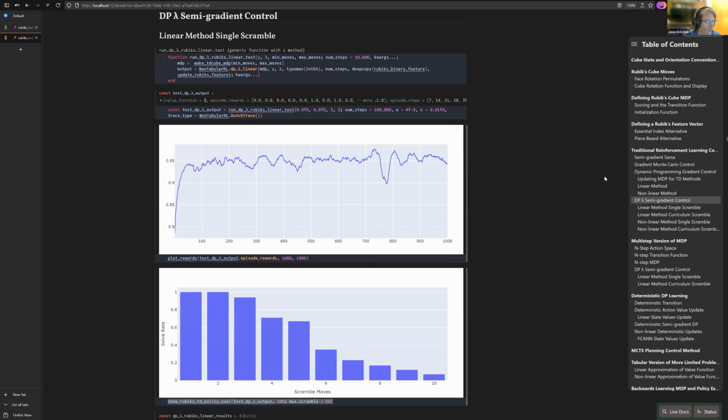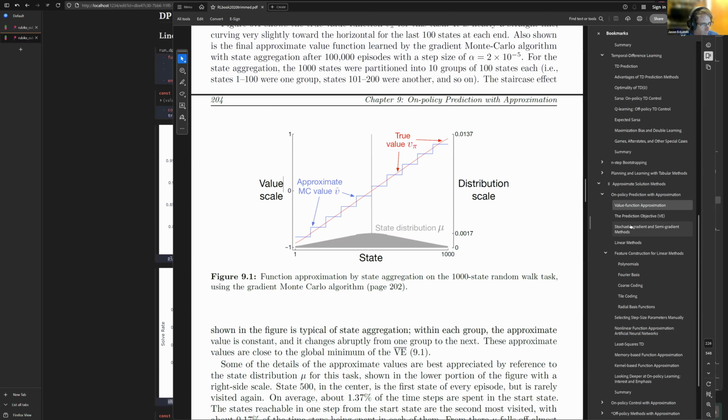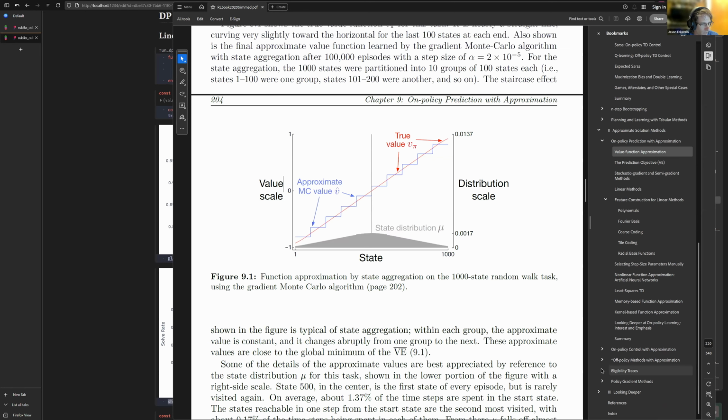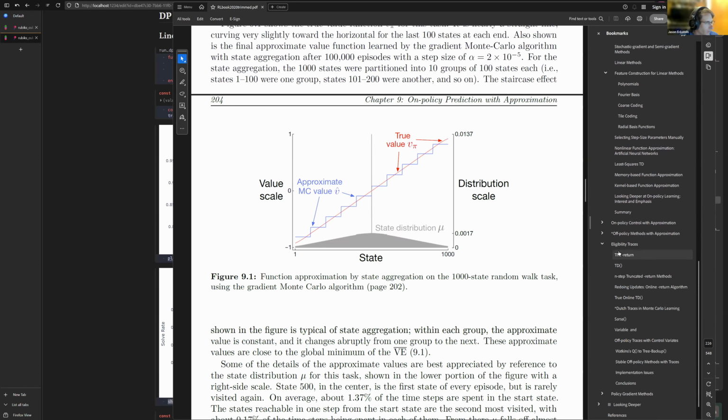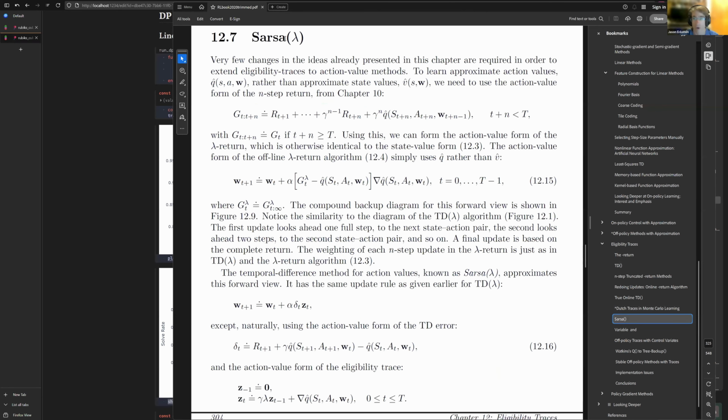So, one of the techniques, actually, if you look at the YouTube videos, it would be in part 2 of the book, the section on eligibility. This chapter on eligibility traces finishes all the value and action value based approaches to solving these problems with approximation techniques. And the nice thing about it is, we had the SARSA technique before, and Q-learning is an extension of SARSA. But this SARSA lambda technique